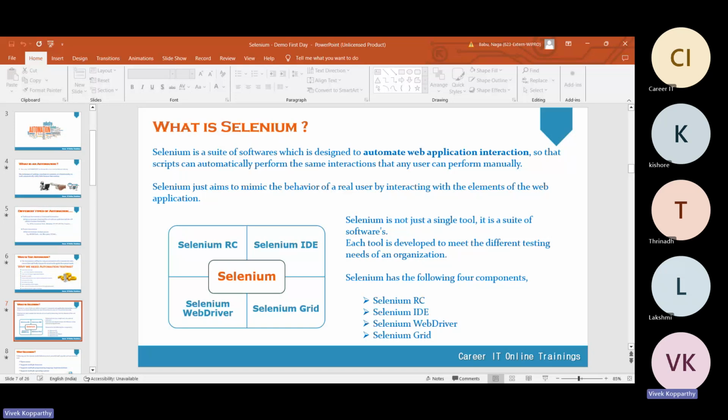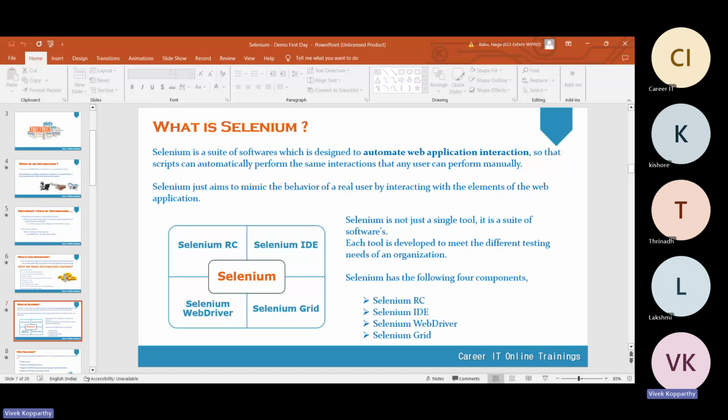In Selenium, we have different versions. Selenium IDE, the first version of Selenium, was released maybe between 2007 and 2008. Selenium IDE is Selenium Integrated Development Environment. It's like an add-on for the browser. No need to do any installations. It can record scenarios, so you can record and play back the actions you perform in your browser. Earlier it was only for Chrome, up to 2016 or 2017. Later they deprecated it, then released it again, and now it's only for Mozilla.